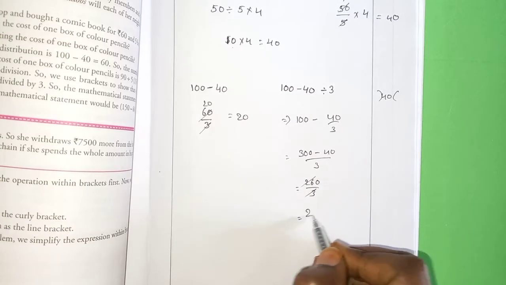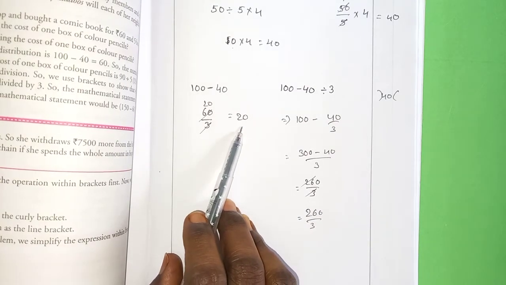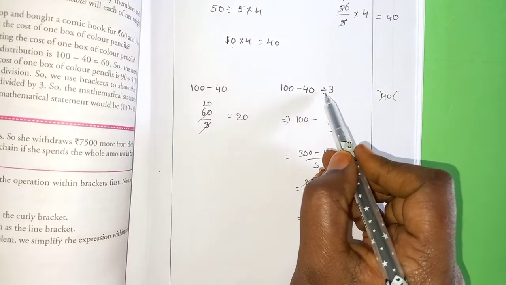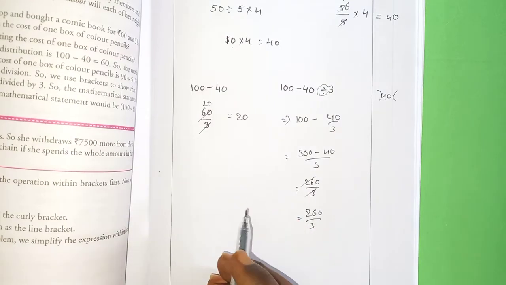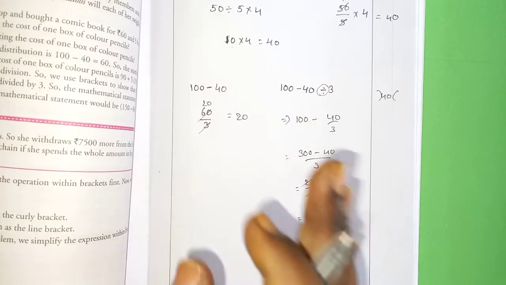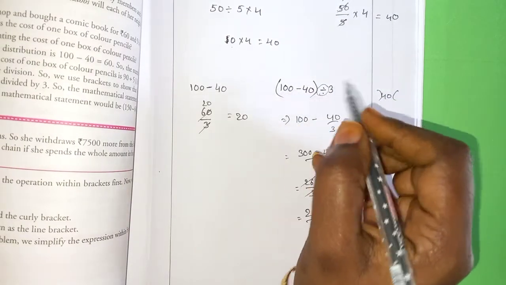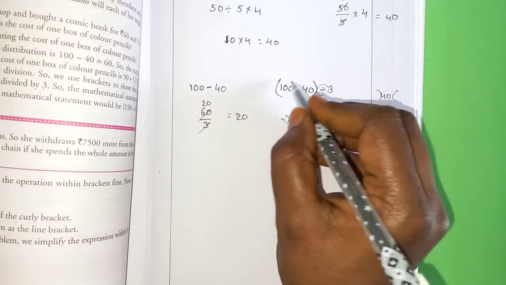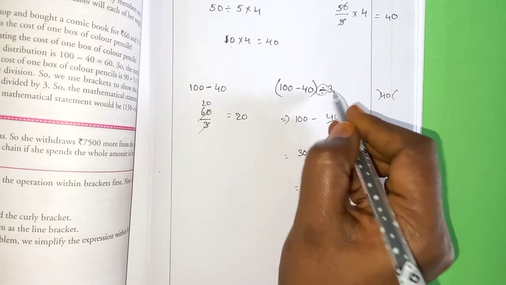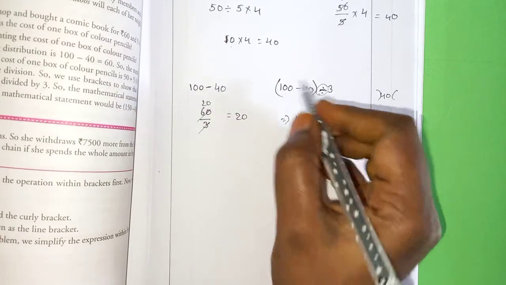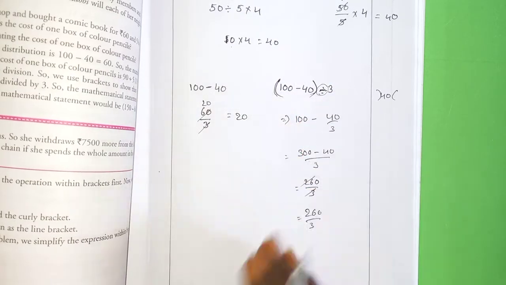260 by 3. But what is the actual answer? 20, right? So you may get a doubt here. Madam, you told us to calculate division first, but if we calculate division like this, we are getting the wrong answer. We are not getting 20. So to avoid these types of situations, the scientists came up with brackets. They are going to place brackets, then we can keep the division of 3. If there are brackets, then you have to give priority to the brackets first.